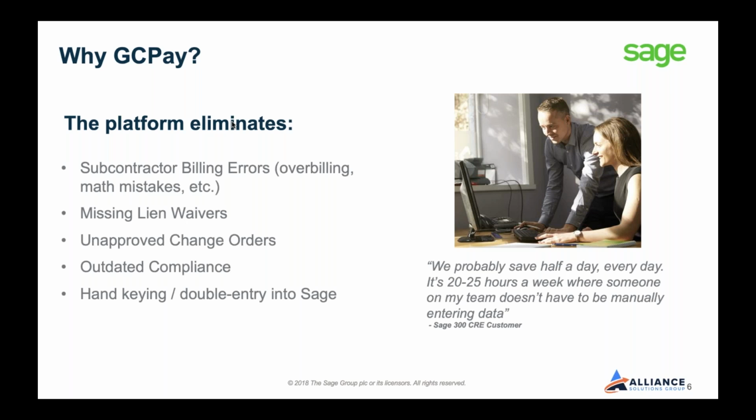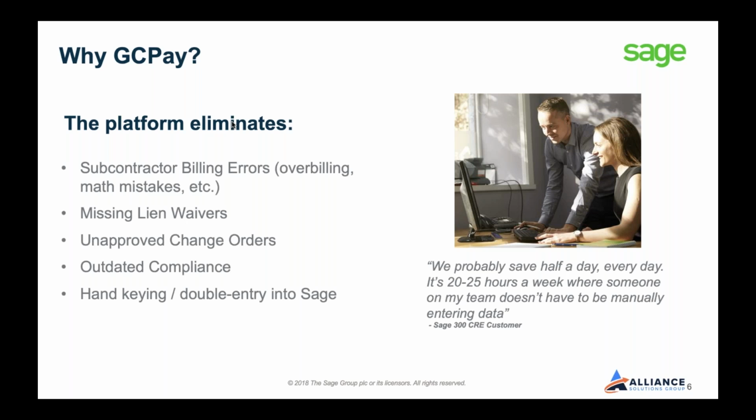Kind of on a similar note, with our direct API integration with Sage, we will pull over compliance straight from Sage. So think general liability, workman's comp, umbrella insurance, anything that you're tracking right now in Sage will come over into GCPay with the expiration dates. So right now, if you're tracking compliance in Excel, or you can really do better in tracking compliance, or your team all the time has to manually let subs know, hey, this is expiring soon, please update this. And it's just a lot of back and forth communication.